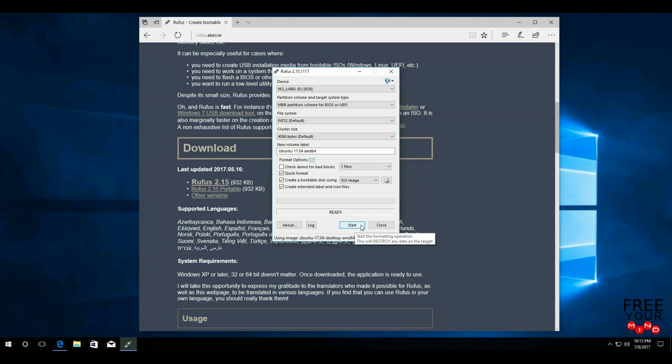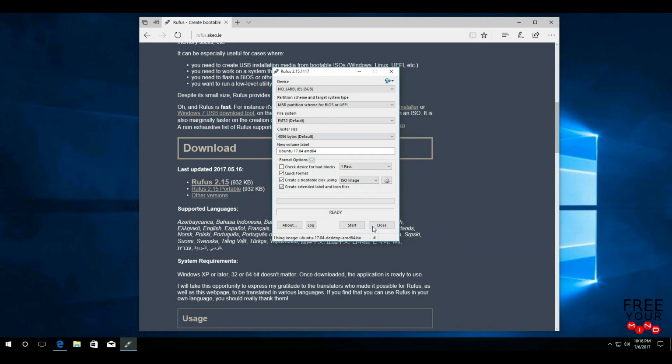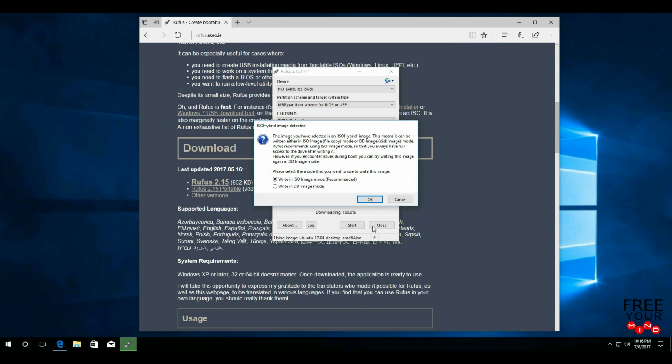A window might appear saying that a syslinux download is required. If it does, go ahead and click Yes. This will download some necessary files in order to make the USB flash drive bootable. Once that's completed, you'll see a new window that's titled ISO Hybrid Image Detected. You'll want to make sure that we have selected Write in ISO Image Mode, which is the recommended setting, and